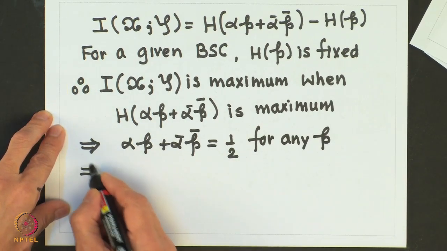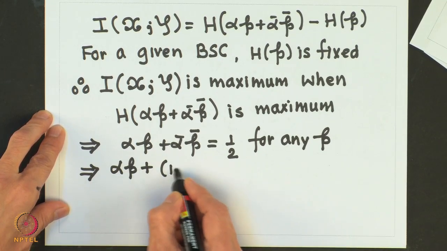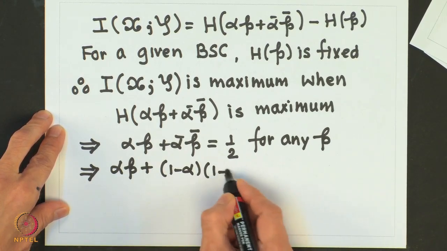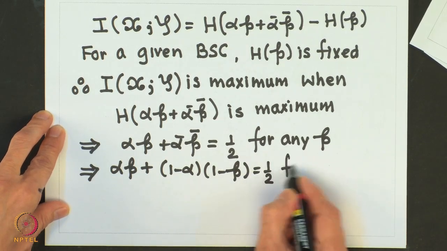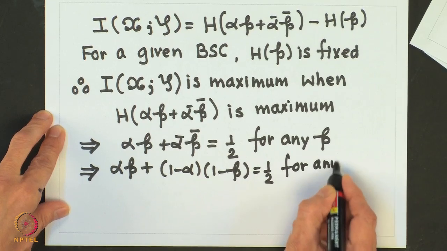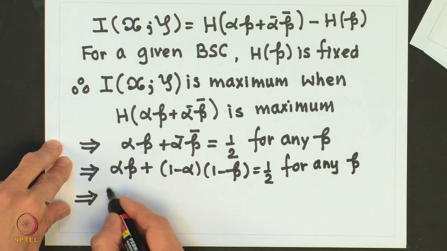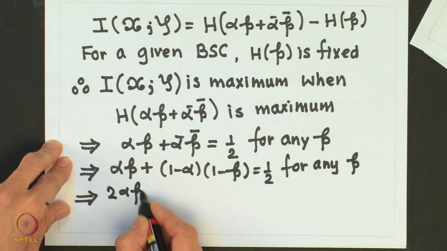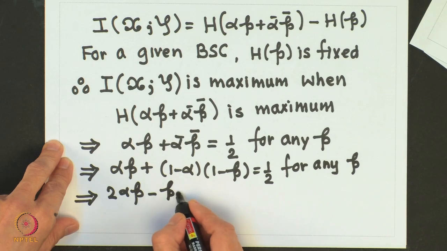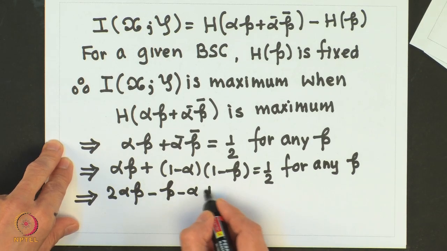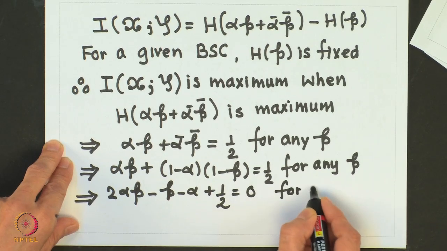So, this implies that alpha p plus (1 minus alpha)(1 minus p) is equal to half for any p. This implies that 2 alpha p minus p minus alpha plus half is equal to 0 for any p,